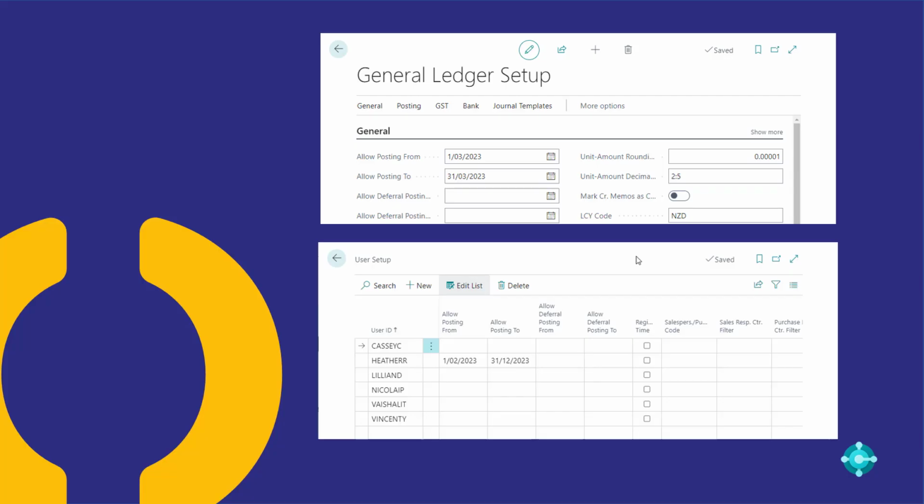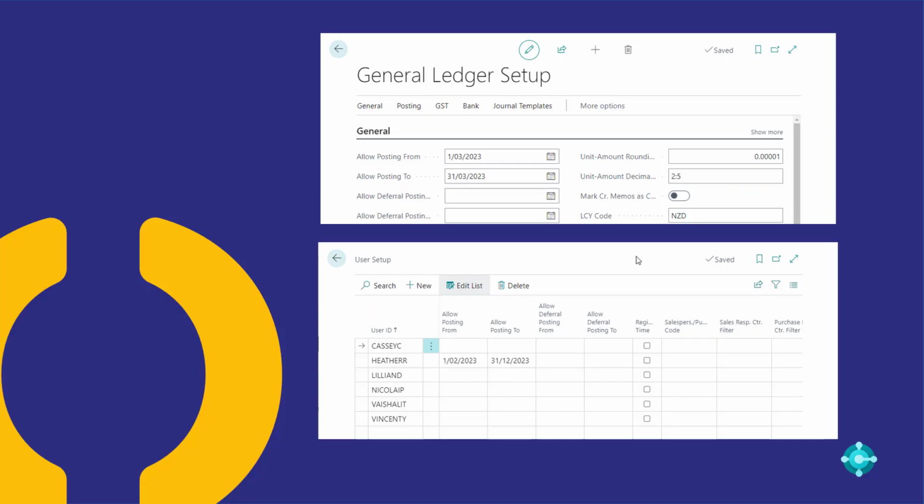So those are the two main settings for managing financial periods. What you need to decide is how best to use them for your business. Some organizations will have a very tight close off time frame, and actually most users are locked out after day 1 or day 2, and it's only the financial accountants that are still doing things. In that case, the global setup would be the best option, with allowing your finance users the extended dates through